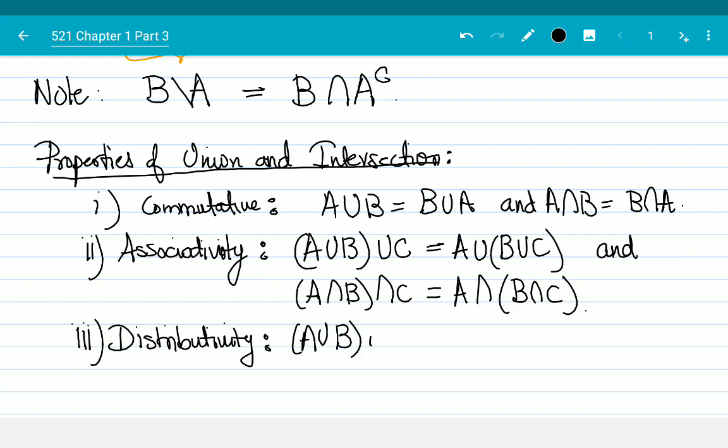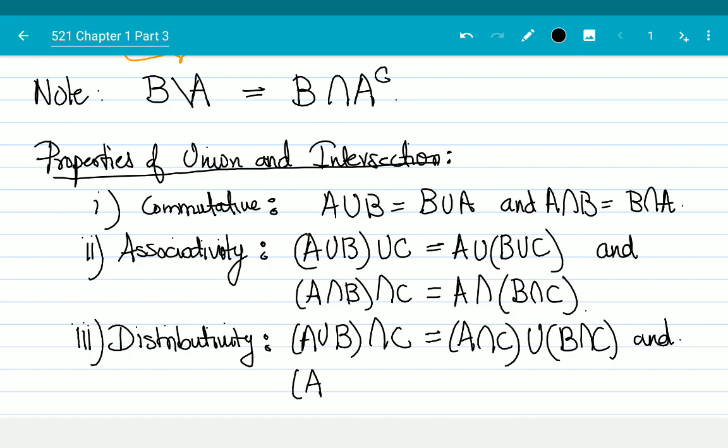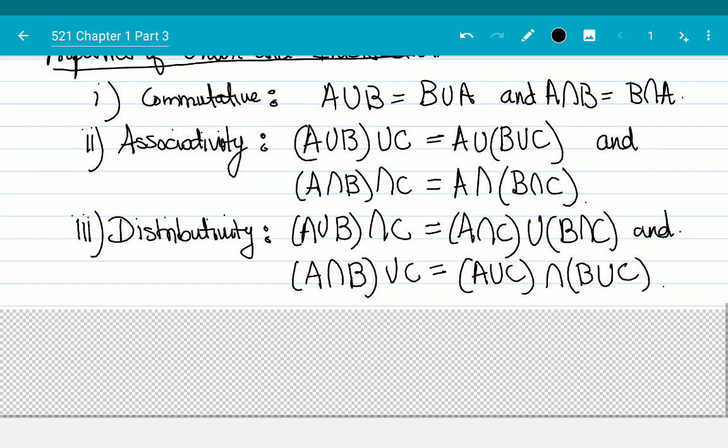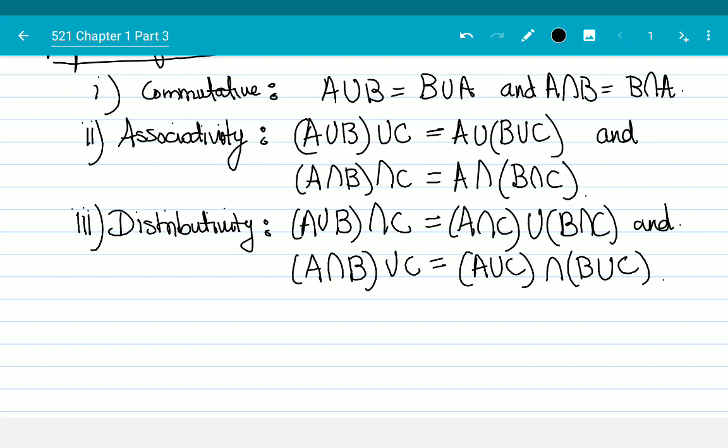A union B intersection C is equal to A intersection C union B intersection C, and A intersection B union C is equal to A union C intersection B union C. Okay, so both of these behave nicely, and in light of commutativity and associativity, we can say